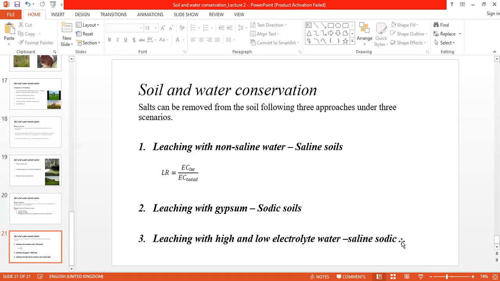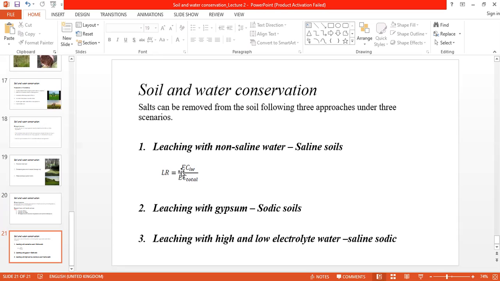So to remove salts from the soil, we can use three approaches. If your soil is saline, meaning that it contains a lot of salts, if the electrical conductivity is above 4, the only thing that you need to do is apply more water than your irrigation requirement so that the salts are washed down the profile. So you can calculate what we call the irrigation leaching requirement,